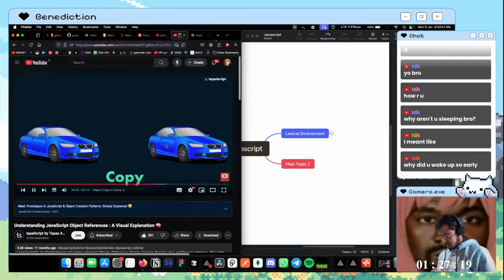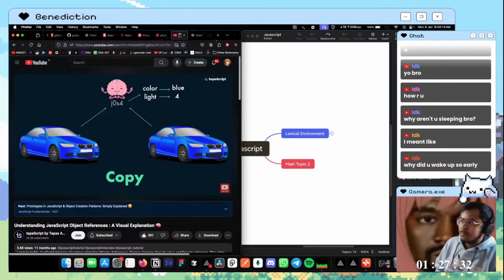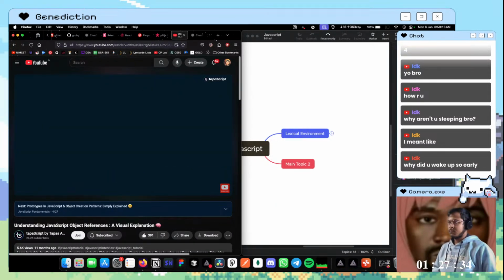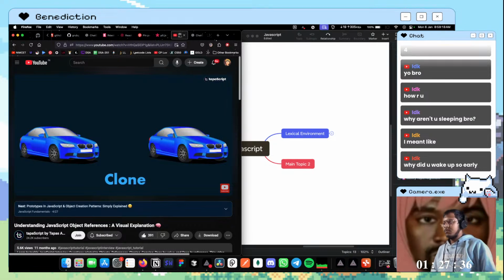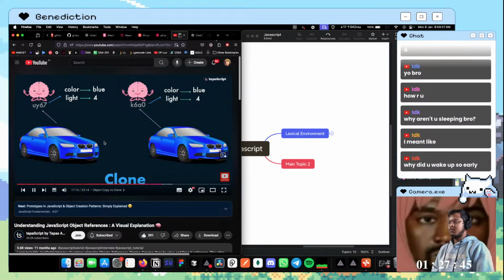All right. Now this car's value, the properties of the car, what the color is, how many tires there are, how many headlights there are, how many doors there are, all these properties are stored as values somewhere in the memory locations. Let's say color and light, both are stored. Now in case of copy, both the objects will point to the same memory location, the one that we have just now seen. Okay, this is how copy works. But when you talk about clone, it's not the case. In this case, individual memory locations will be created, though the value stored in that memory location may be exactly the same, because that's why it is looking like exactly the same car, but they are pointing to their own references.